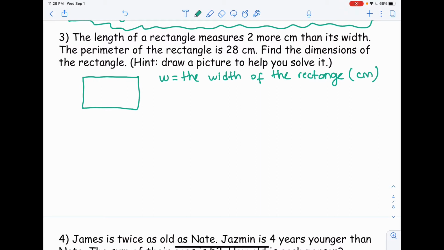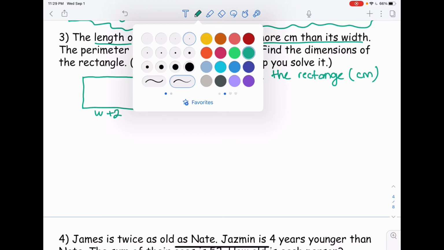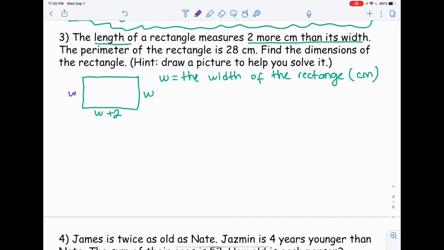And then the length is 2 more centimeters than its width. So the shorter side will be then W, and then the longer side will be W plus 2. Using the same idea from the previous question, the perimeter is, since we have 2 short sides and 2 long sides,